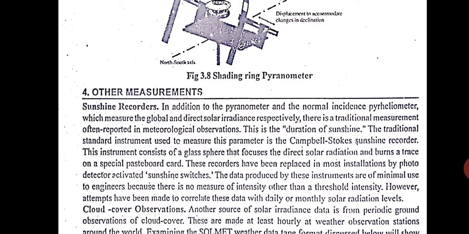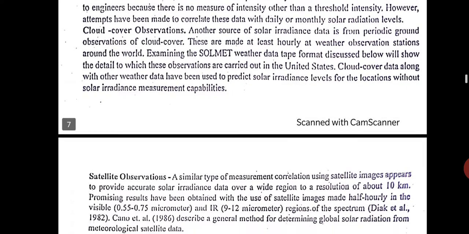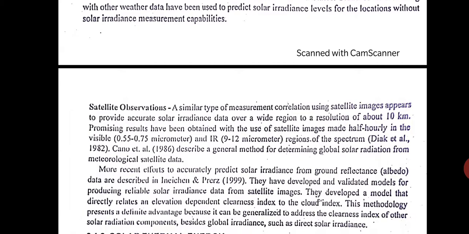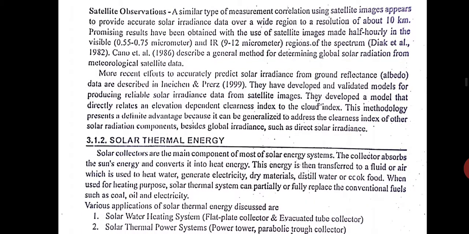And there are also something called sunshine recorders nowadays. Sunshine recorders, as I was telling, in India we have sunshine for 300 days and almost every day 10 to 12 hours. So all this data we get from the sunshine recorders. And nowadays, with new technology, you have got satellites also. Satellites can watch and take pictures and give better data.